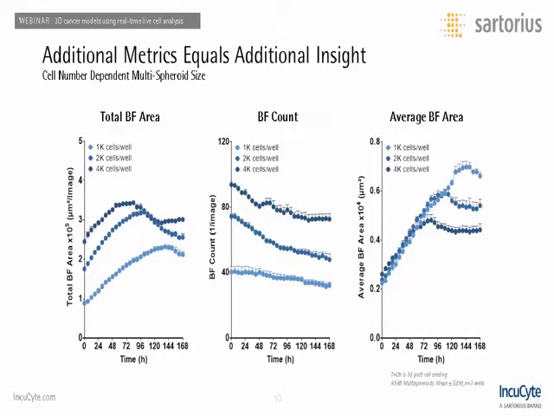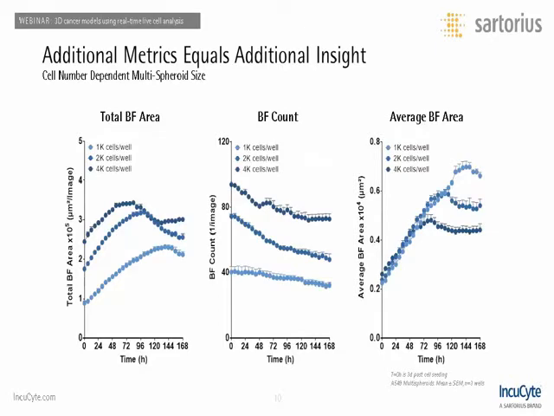Hopefully you can see on the left panel, cells seeded at the higher density achieve a growth plateau sooner than cells seeded at the lower density of 1,000 cells per well. Something you may well predict and reasonably speculate is due to a depletion of nutrients over the 10 days in culture. The middle plot quantifies the number of multispheroids that form for each seeding density and how that changes over